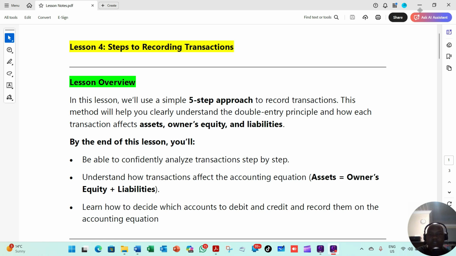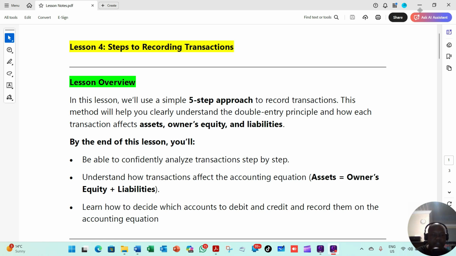Now we're in the stage of recording those transactions. When you know what an account is, when to debit it and credit it, and how to classify it, you should be able to know how to record it as well. So in today's lesson,